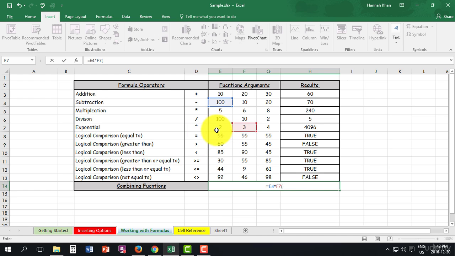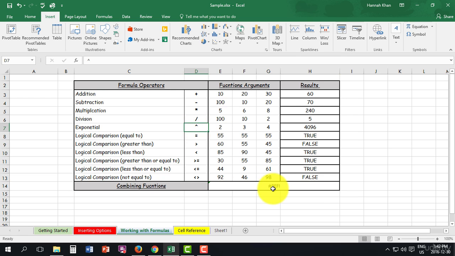You can do 2 divided by 60 bracket power of,